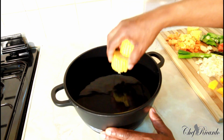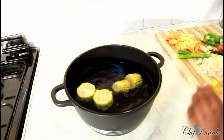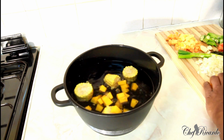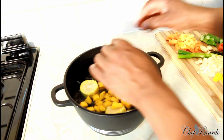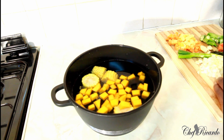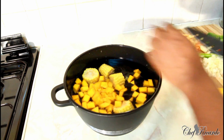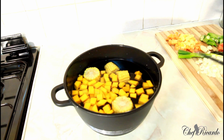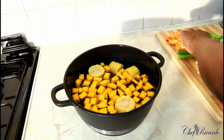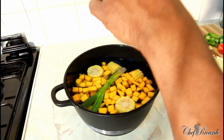First thing, we're going to put the corn inside of the water like this. Second thing, we're going to put the pumpkin. That's that beautiful pumpkin, guys. Nice and lovely. So as you can see exactly what's going on so far, we're going to put the spring onion and also fresh thyme,